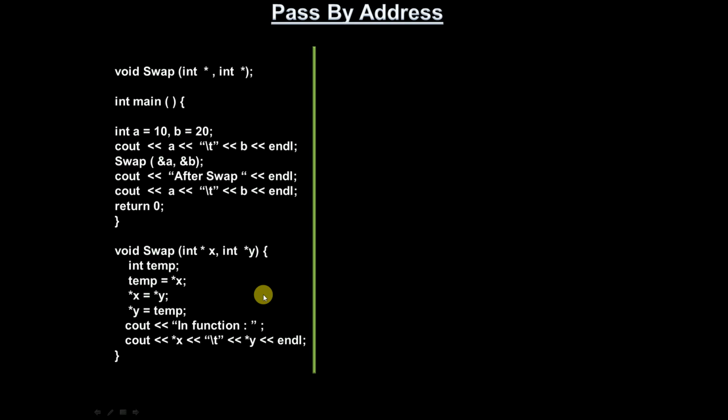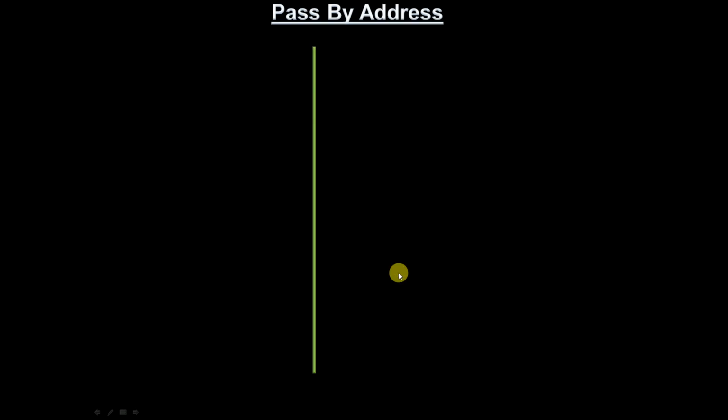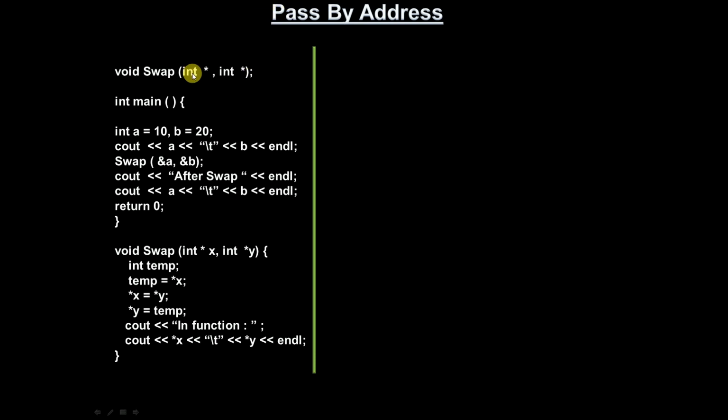Now observe the swap program. Based on this, in the previous session we have seen data type star ptr, and here I am taking int for the swap function. The left hand side syntax, data type star ptr_variable, has to be present in the function definition, and that is present here: int star x, int star y.